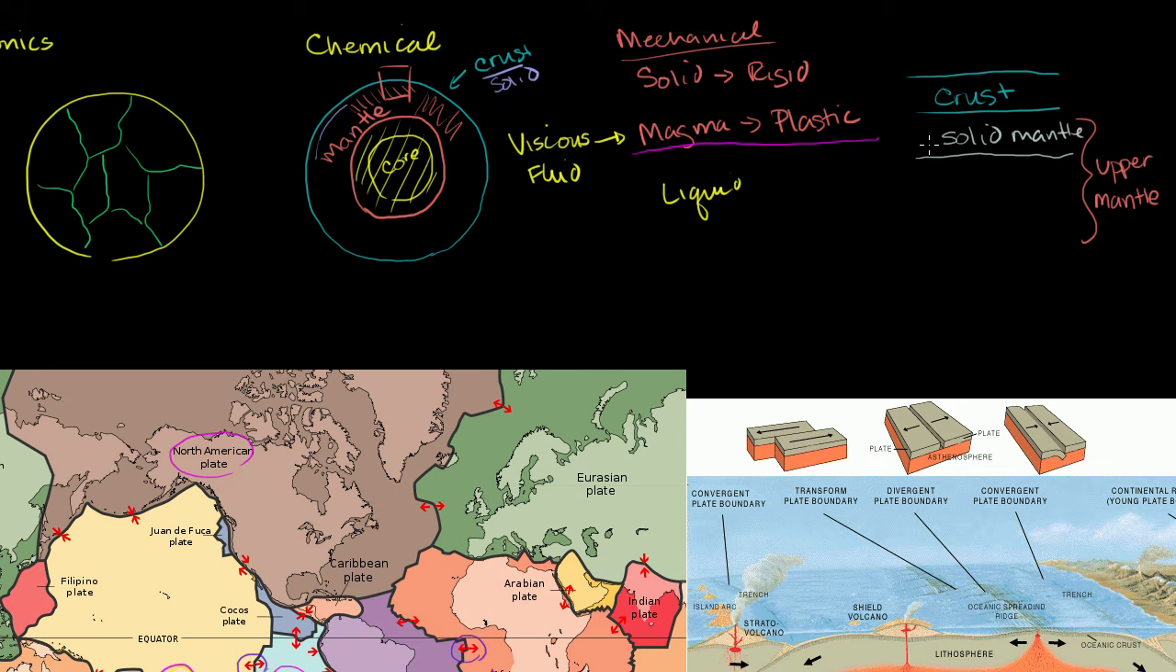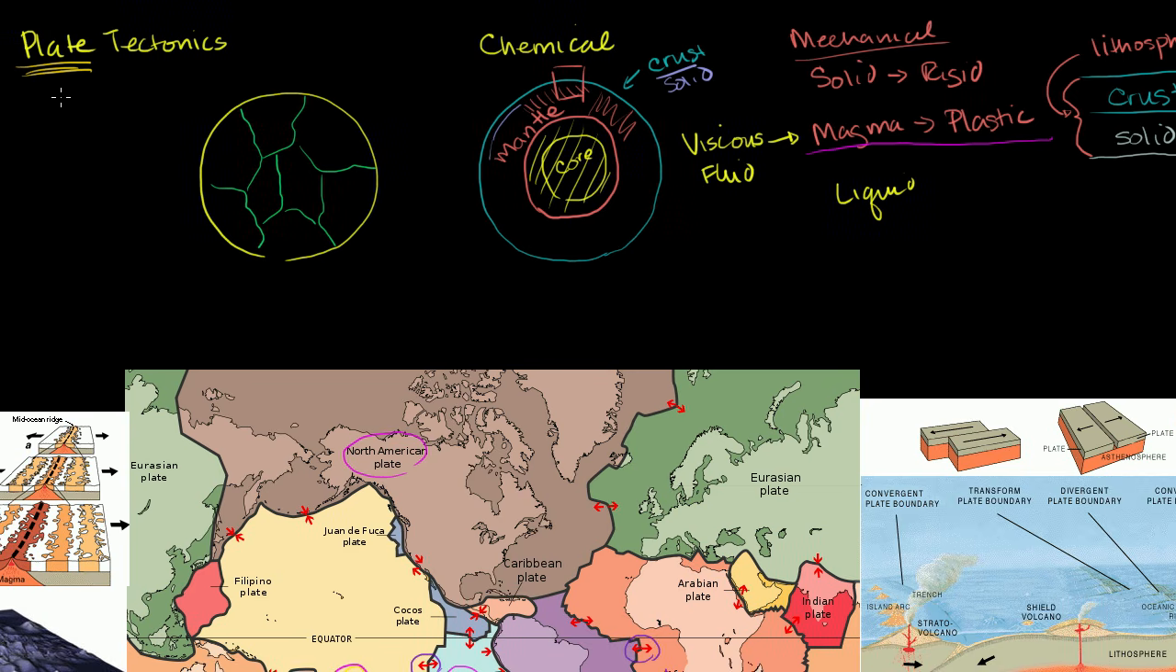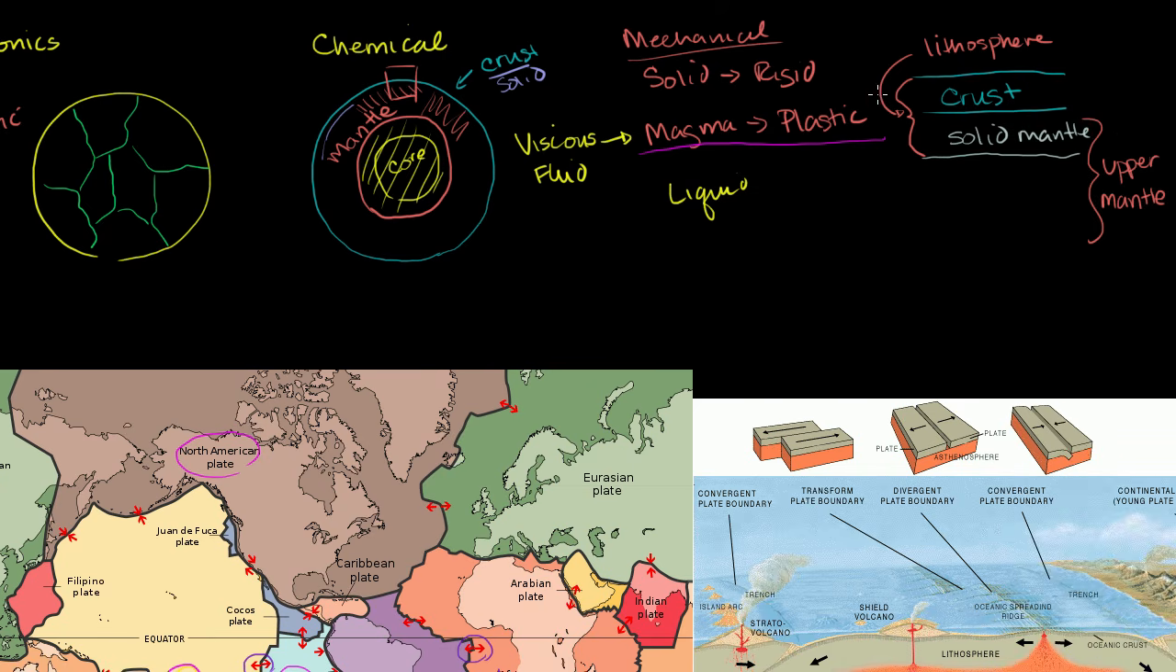And when we talk about the plates, we're actually talking about the outer solid layer. So that includes both the crust and the solid part of the mantle. And we call that the lithosphere. When people talk about plate tectonics, they shouldn't say crustal plates. They should call these lithospheric plates. And then below the lithosphere, you have the least viscous part of the mantle, because the temperature is high